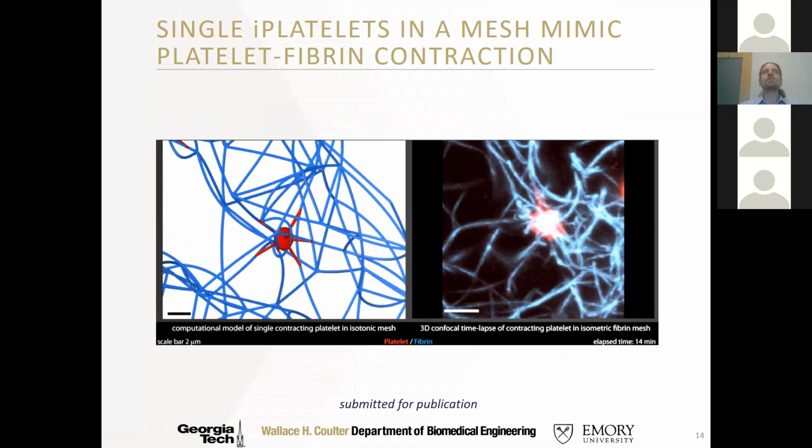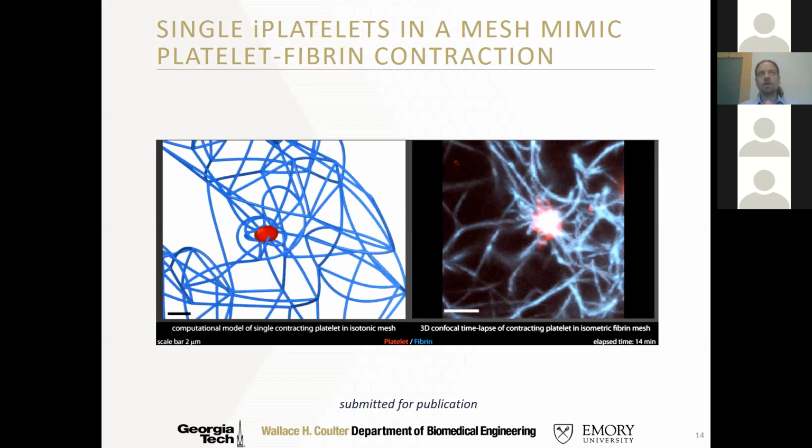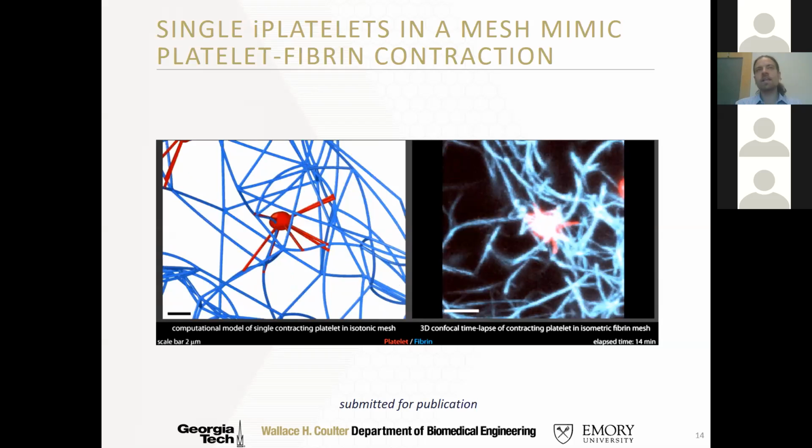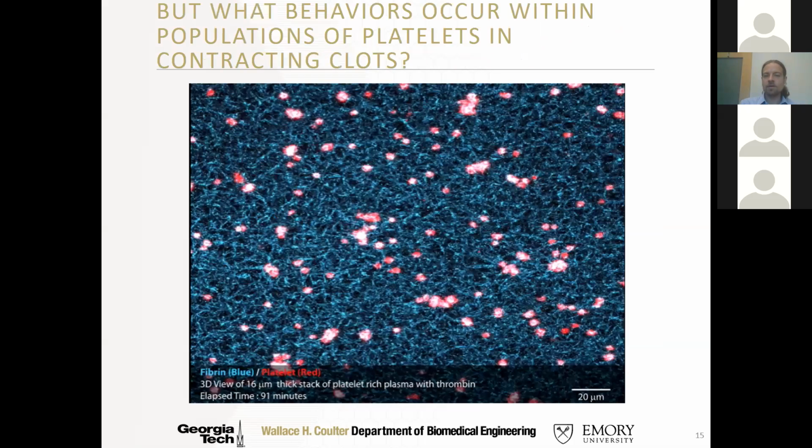So now the question becomes, we have all of these components. We have platelets, we have a mesh. Let's put them all together and see what happens. Now, before I do that, it's always good to go back to experiment and ask the question, well, what do